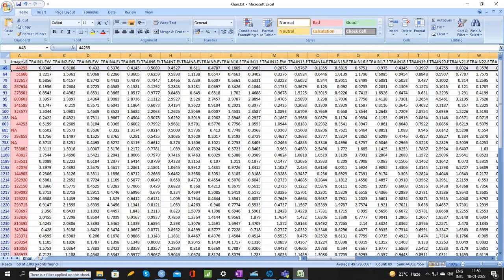Ma'am, we can denote it as point one, like 44255.1, the duplicate one. Okay, but how? Manually? No, definitely not, because I'm too lazy to do it manually. So can I do it somehow in R or Excel?